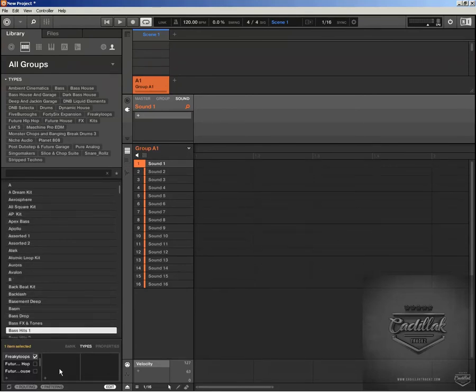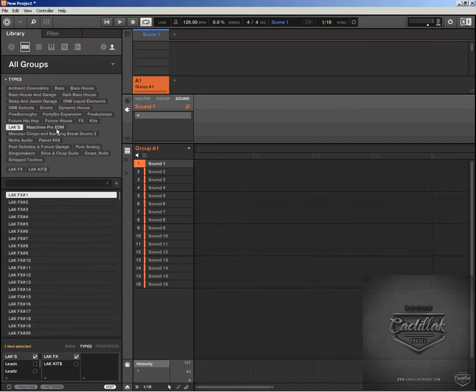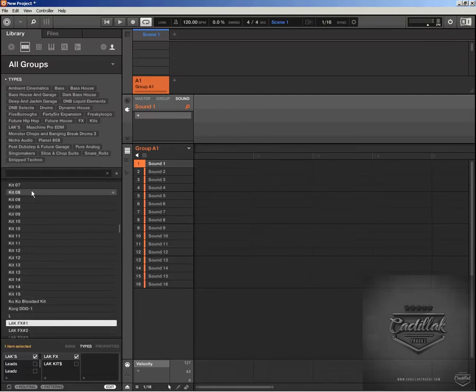You can make different types and different banks. Once you have different banks or different types right here, you can put sounds in them, and then you can have sub banks. Like on LAX, I have these two sub banks. You can see how it says LAC is the bank, and then it's got LAC effects, LAX kits for the types. So once you have the sounds inside there like that, all you have to do is right click,